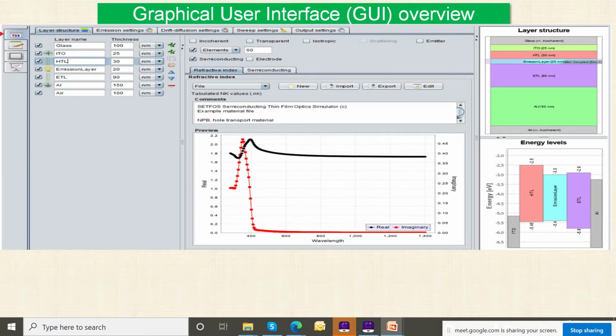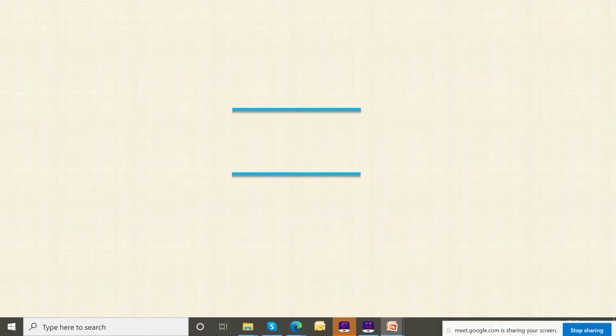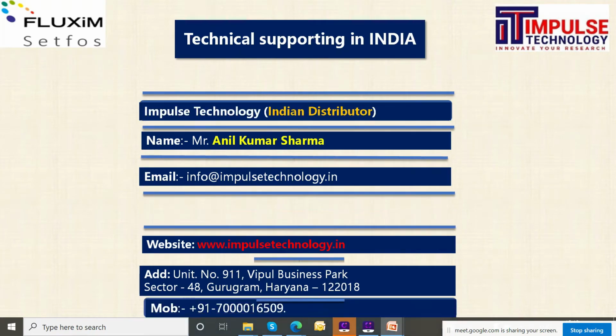Suppose you would like to define the thickness of particular materials, then simply put in how much thickness you would like to give. So that's why it is a user interface where you can visualize, click there and define the input parameters. So you can give the thickness parameters, refractive index parameters, semiconducting materials parameters, optical materials parameters, sweeping optimizations of various parameters, layer structure visualizations, and output visualizations. So you have no need to learn any scripting or coding; it is optional.